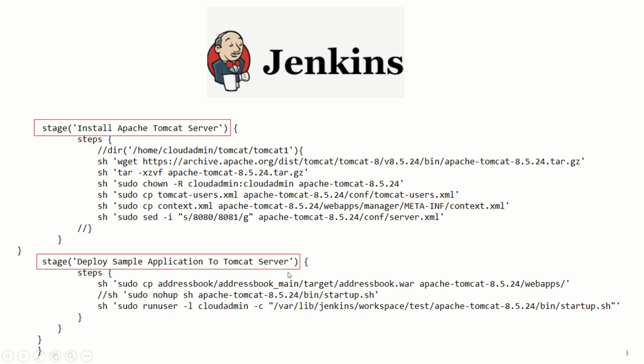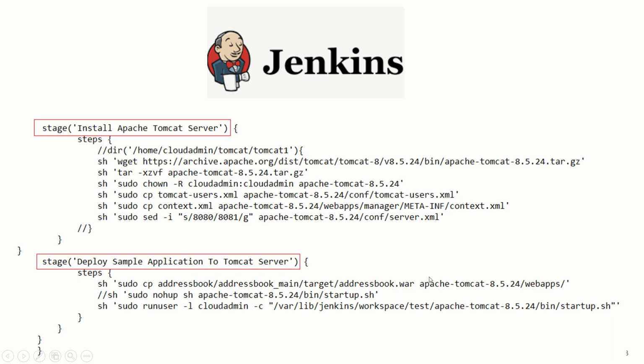And one more thing in this syntax: whenever you write any command and that command already has a single quote in it. In our Jenkins, every command we start, we place a single quote from first to end. So if a single quote is already there inside, like in this var lib Jenkins workspace command, then both single quotes will not work. So the external single quote will remain the same, and inside, if any command has a single quote, we just need to